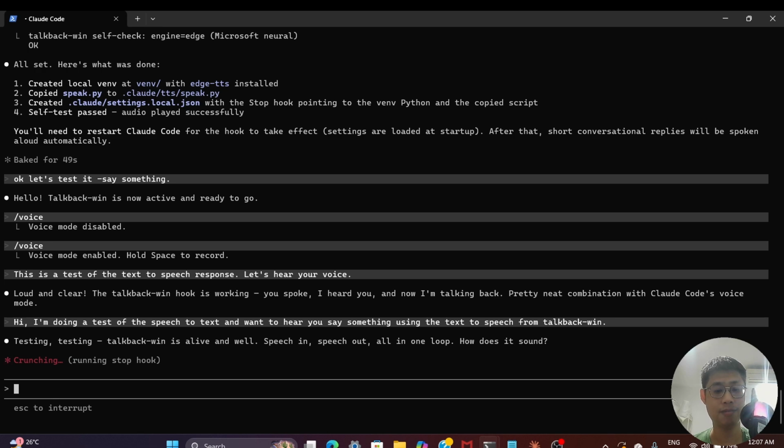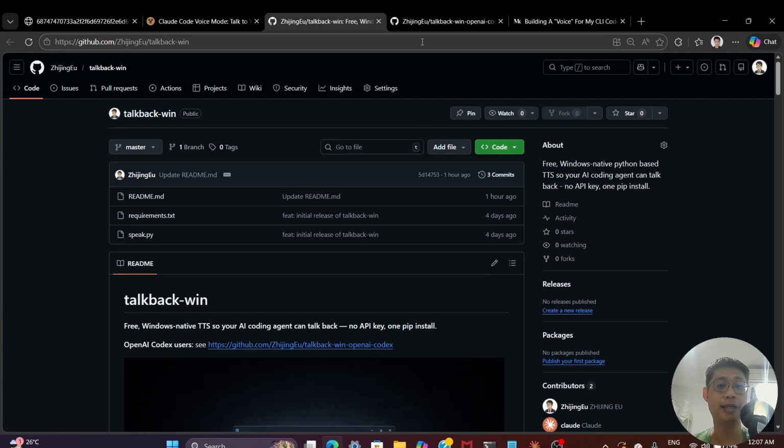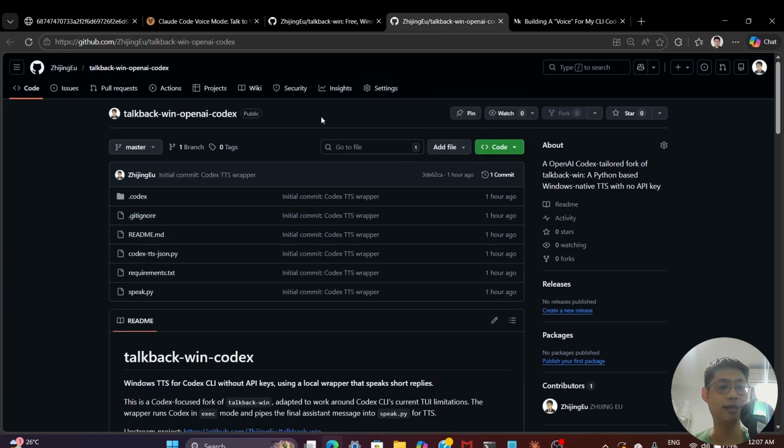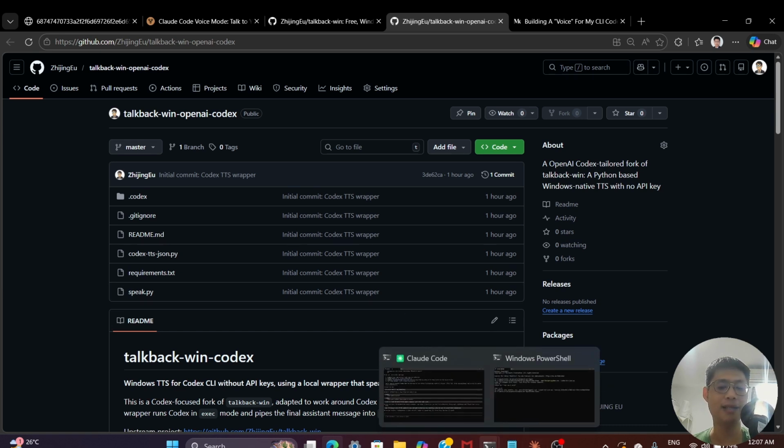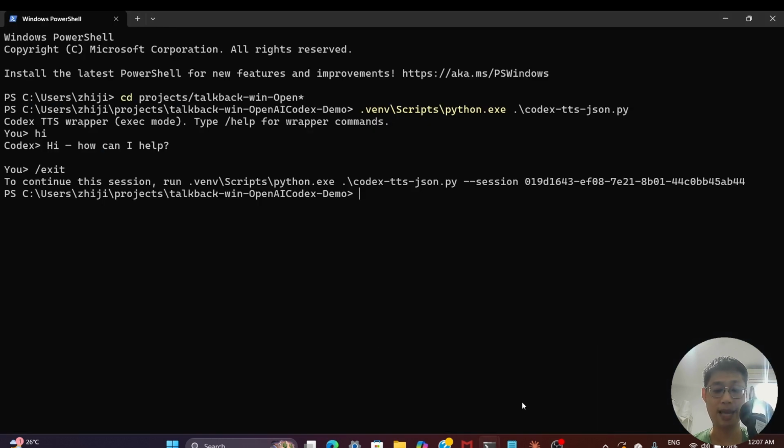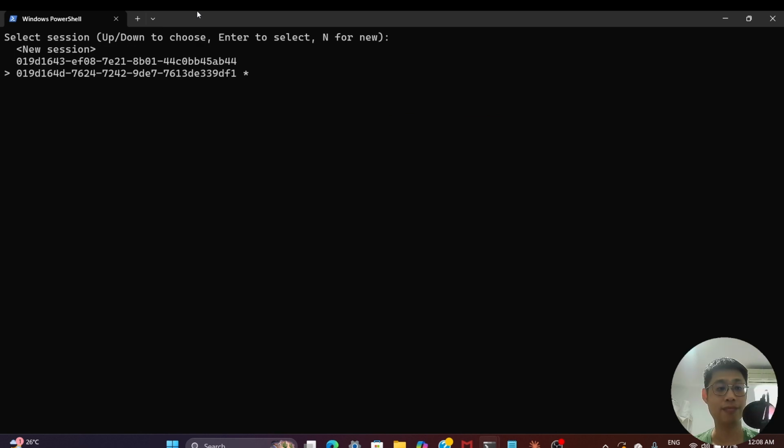How does it sound? And if you are an OpenAI Codex user, I have something similar. So Codex doesn't exactly have the same kind of hooks that Claude Code has. So I built something that kind of works the same way. It's not exactly a TUI, but it behaves similarly. So you run it and